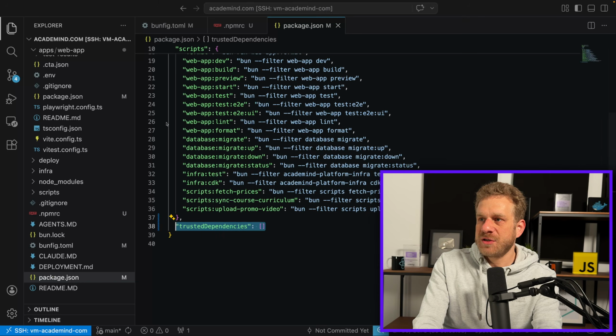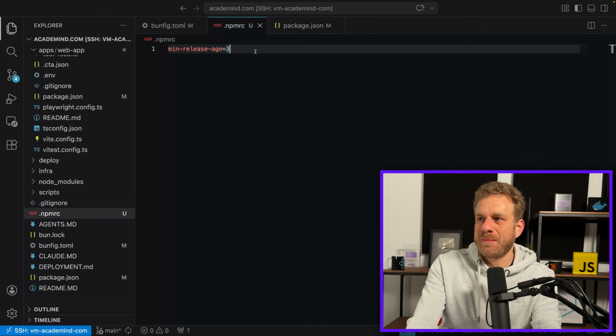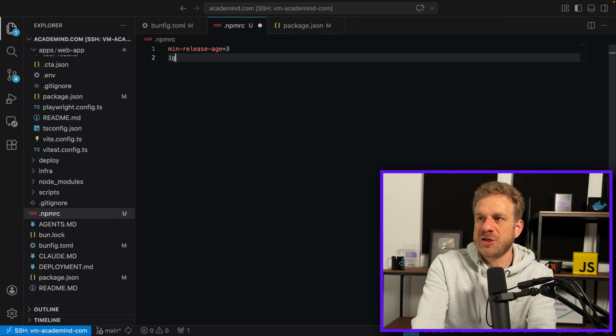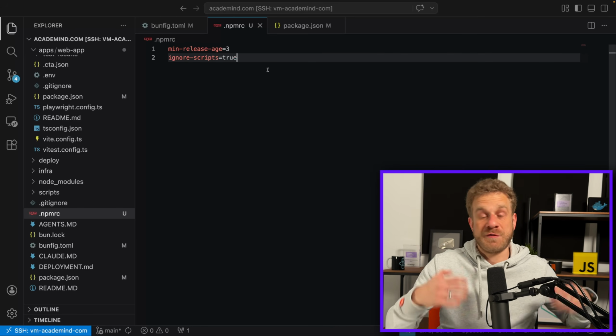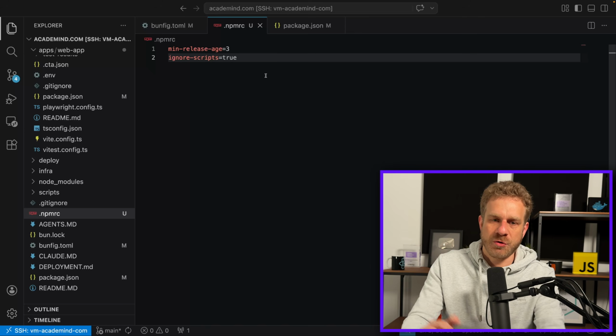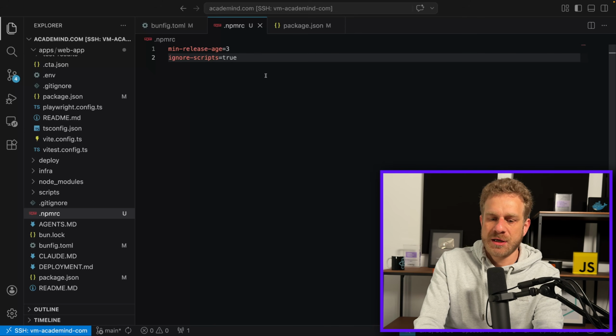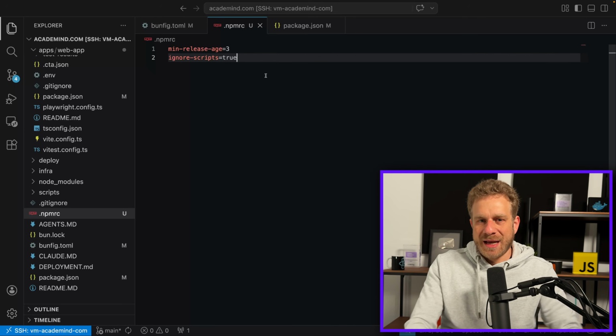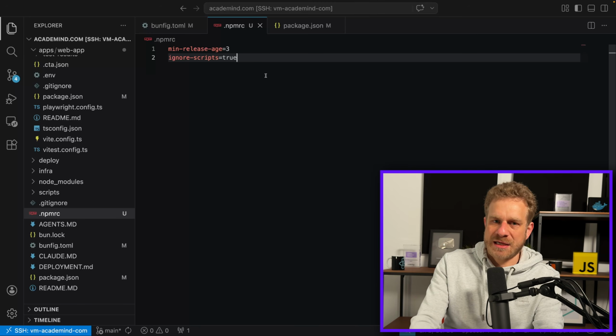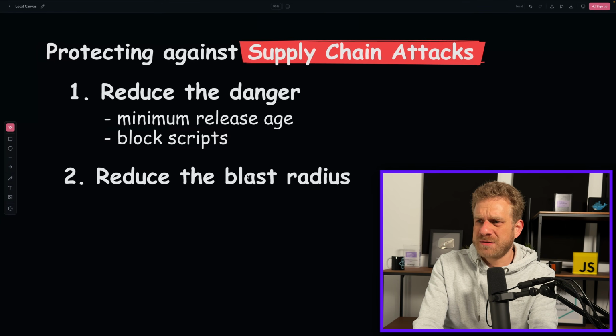For npm, you can also get there. In the .npmrc file, you can add an ignore-scripts setting and set this to true, so that if you're using npm for package management, you also don't execute those lifecycle scripts. And then there is a last point, which I read about a lot, which I think is